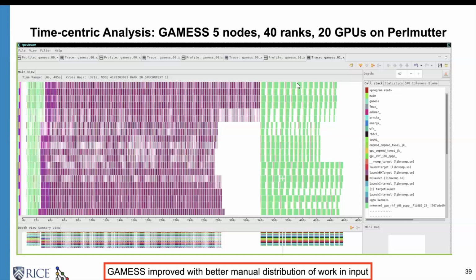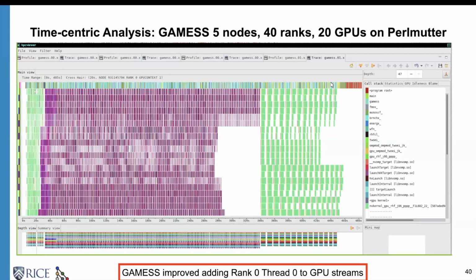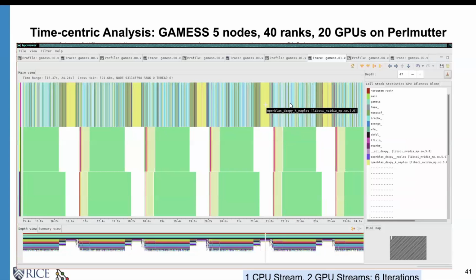If we want to isolate what's going on with the gaps, this is looking at just all of the GPU streams. We can bring in a CPU stream, and then we want to see what's going on on the CPU while we have these gaps. If we zoom in a bit, we find that there's an OpenBLAS routine being called. It turned out that they're doing a symmetric matrix multiply. They have a piece of code that was written in the late 70s, and it's using 2 calls to a sequential routine that is performing